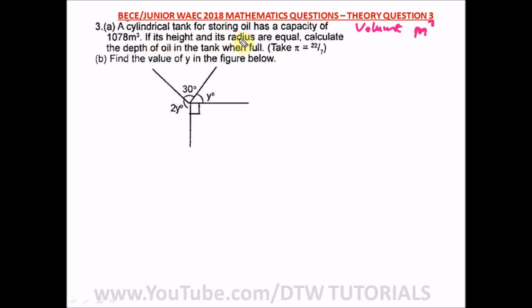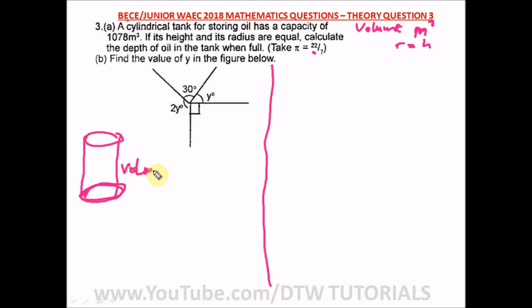If its height and its radius are equal, that is r is equal to h, calculate the depth of oil in the tank when full. Take pi as 22/7. So from here, what is the volume of a cylinder? Since we're talking of a cylindrical tank, I hope you remember how a cylinder looks like. What's the volume of a cylinder? Let's draw a line here. Volume of cylinder, the formula